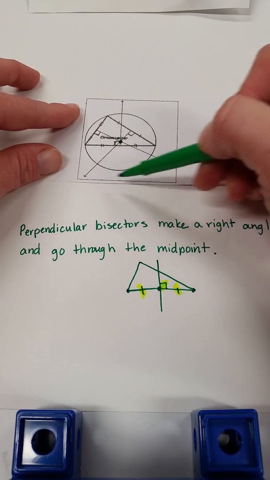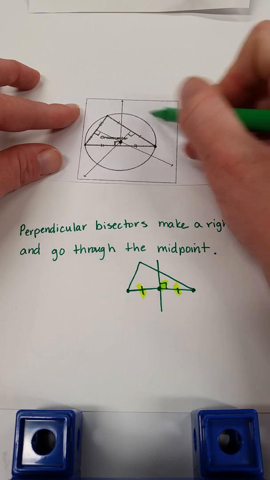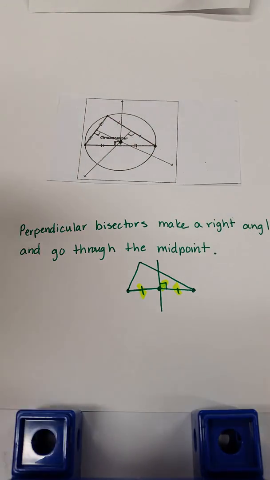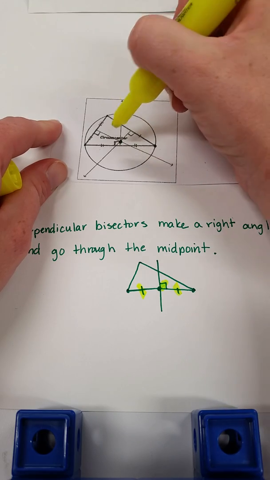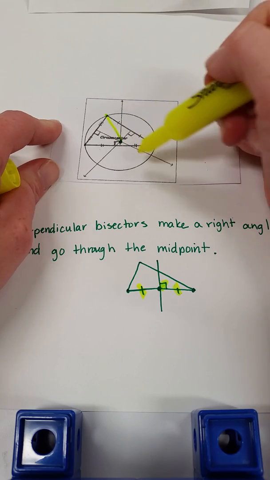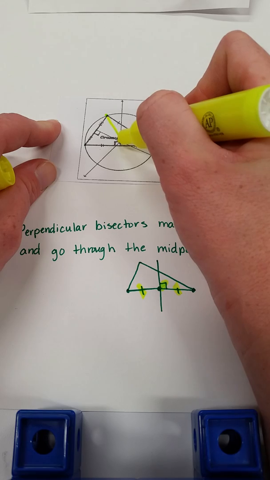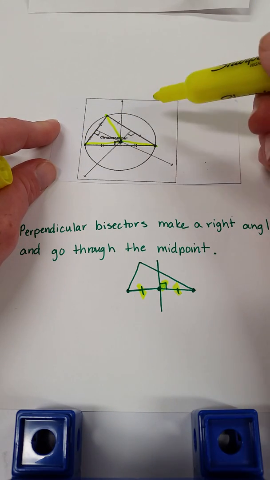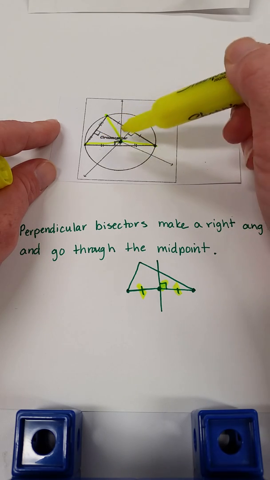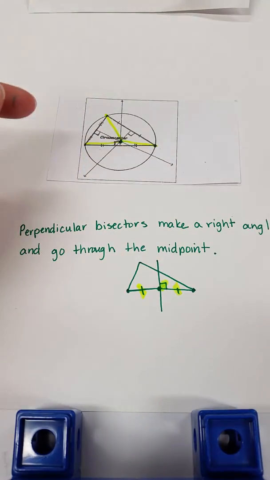And do you see this circle that is going through each vertex of this triangle? The circumcenter is the center of this circle. And when I draw this segment from the circumcenter to here, that's a radius. And so is this, and so is this. So what you have in this picture is the radii, 1, 2, 3. The radii of the same circle are all the same. So I'm going to put a tick mark on these to show